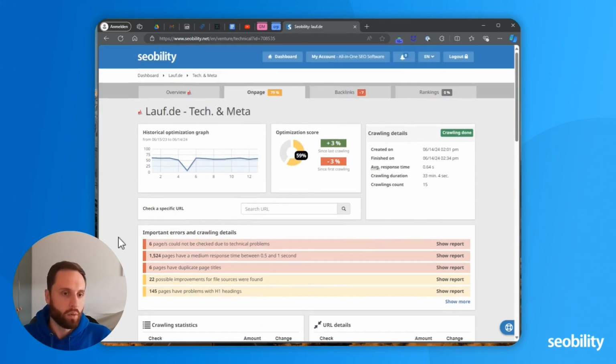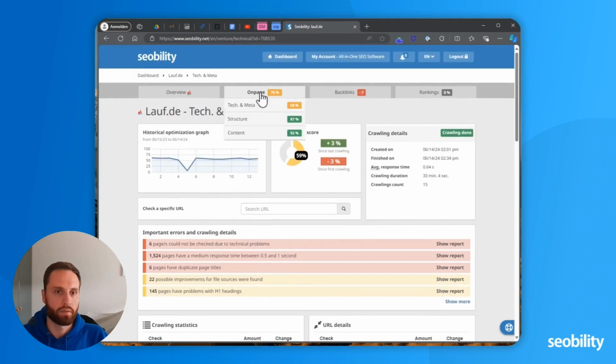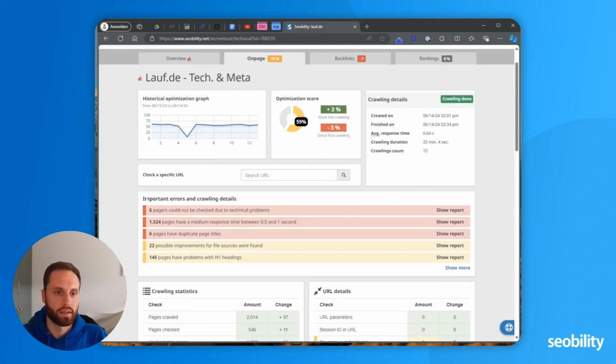And now comes the real working place, so to speak. So that's where you will probably spend most of your time working with Seeability. Each section of the on-page audit is basically split in this to-do list, which is a pre-prioritized list of issues or optimization potentials that we found. Pre-prioritized means we're looking at the gravity of an issue and how often it occurred.